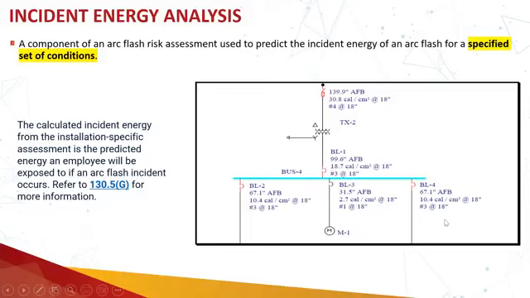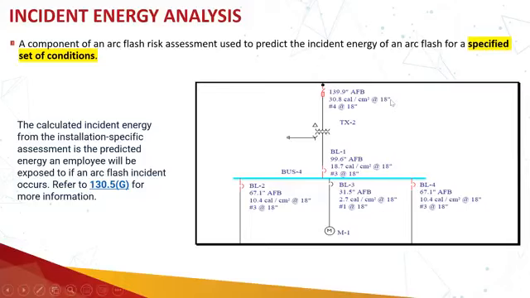So at another location, the incident energy will be different. For a complete industry or a complete location, the incident energy will not be the same. It will be different from one place to another. The calculated incident energy from the specified assessment is the predicted energy an employee will be exposed to if the arc flash incident occurs. So what is meant by a specified set of conditions? For example,